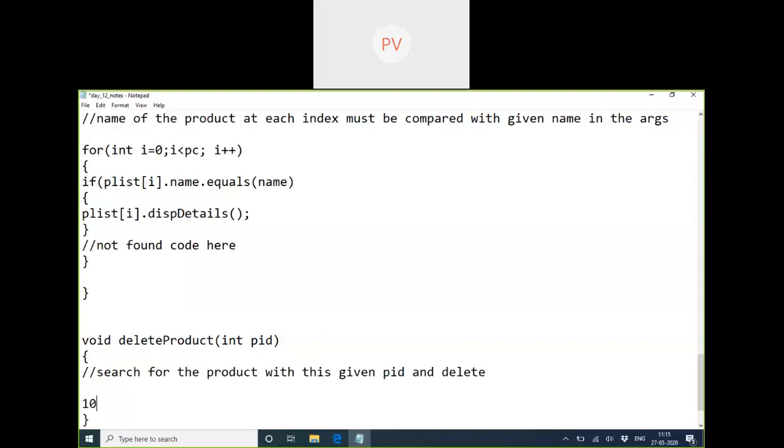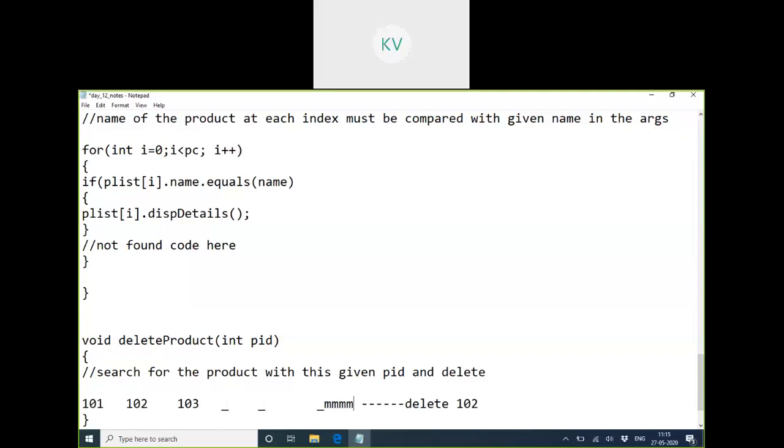If there are two products, three products, and the user wants to delete 102, what should happen when I say I want to delete 102? This is an array. How many cells are there in this array? Is it only three or does it have more?